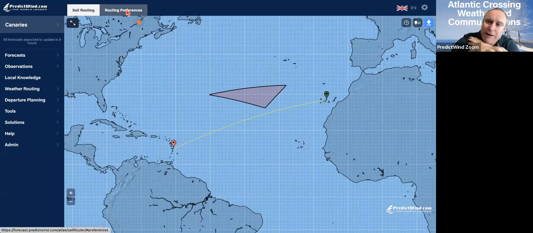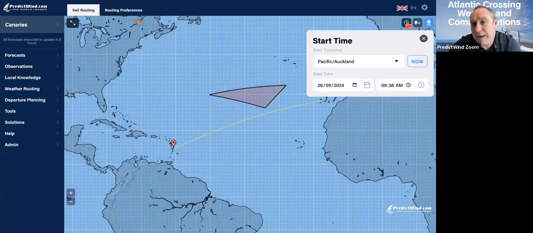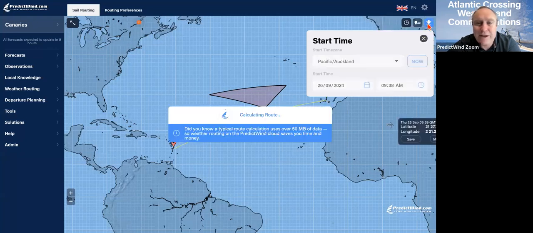Because I've set them up in here, they will move around, and those settings, and then I could change my start time if I wanted to. I could move that to tomorrow, but let's leave it where we are and see how all the models go with that nasty weather that we saw, and see how we get on. So I'll click on the download button,